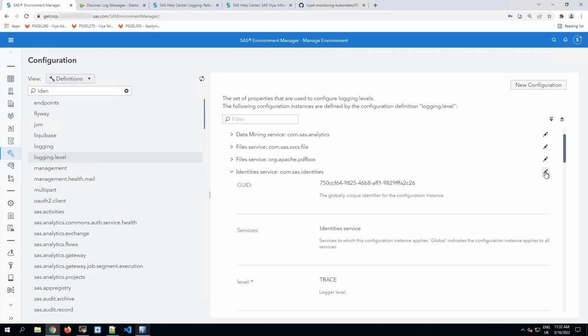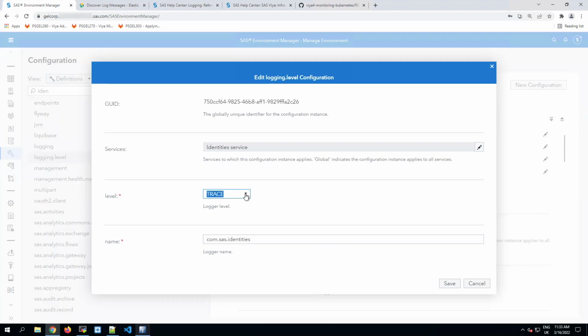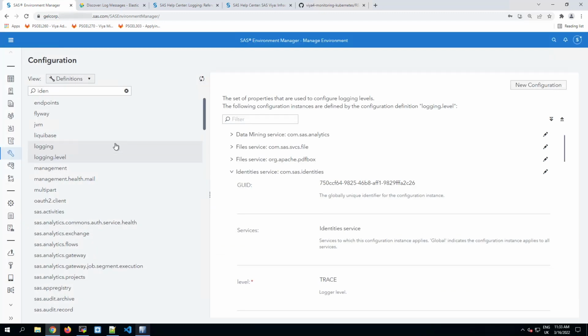One of those ways is that we can edit this configuration instance and just change the logging level to info, which is the default anyway, and that will absolutely do what we expect, will totally work, and it's probably the simplest way to change the logging configuration. But there is another way that you can do it if you're comfortable using the SASFire command line interface, the CLI. So let's see not just how to change that logging level configuration instance to info, but actually how to remove it completely and allow the service to just go back to the default.